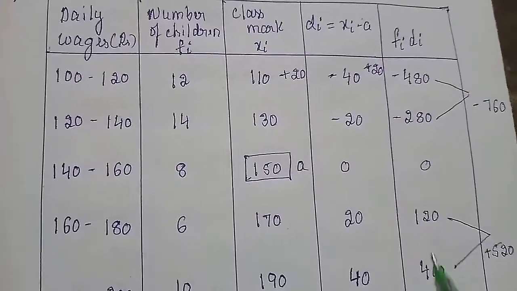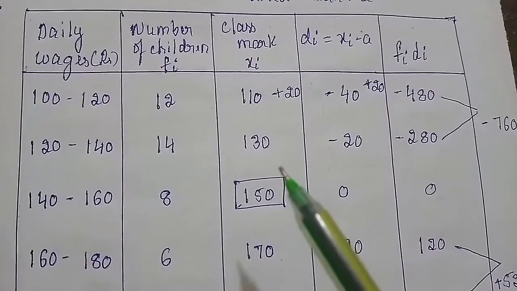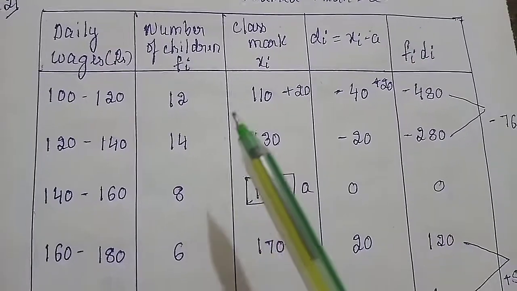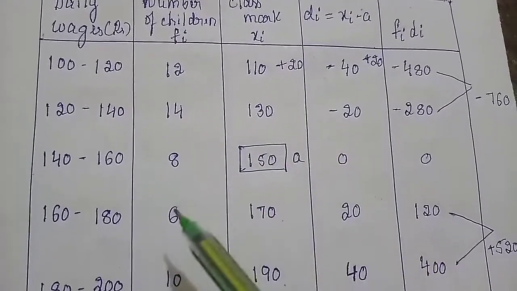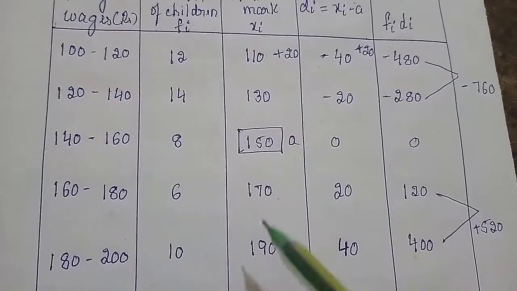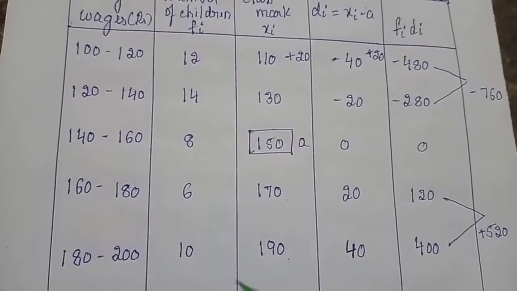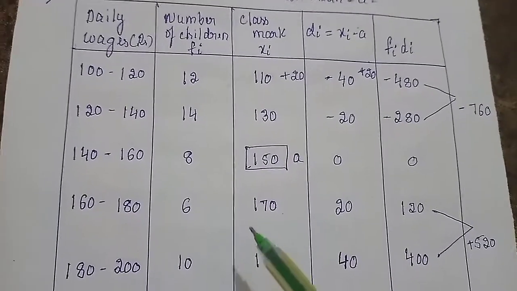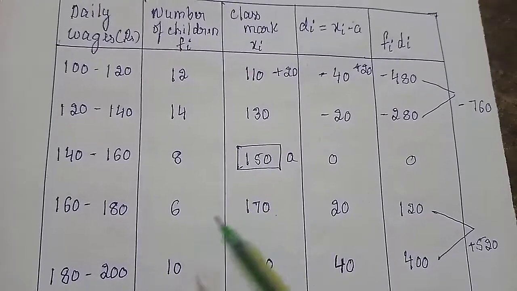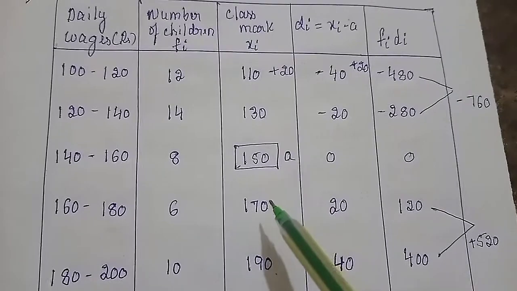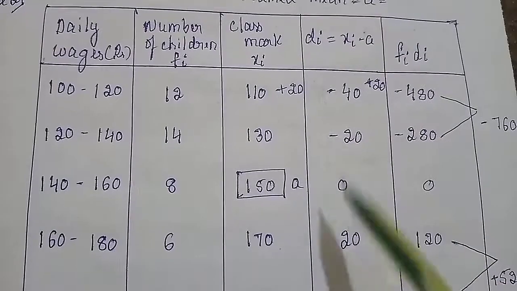Now I have to decide whether to go for the direct method or the next method, that is the assumed mean method. If you look at the second and third columns, fi and xi, you can see the values are numerically large. You can multiply, but at last the addition and cancellation become very difficult. So you cannot do the direct method. That is a rule: when the numerical values of fi and xi are large, you have to take the assumed mean method. Now the next column, a new column of this method, is di.